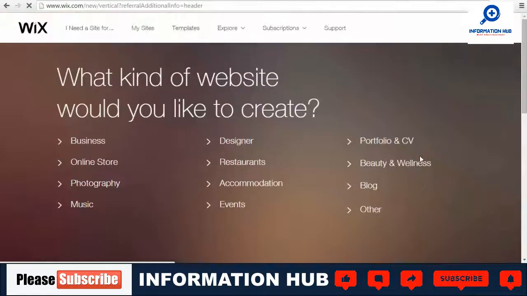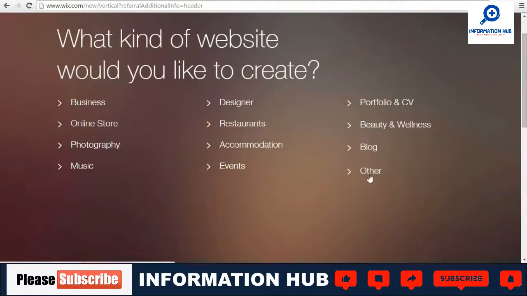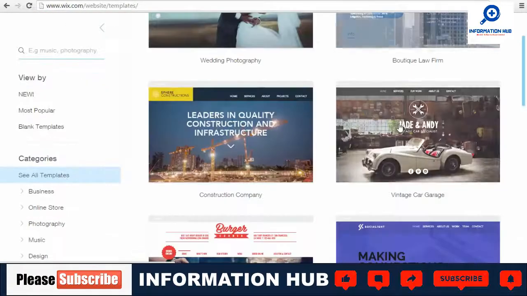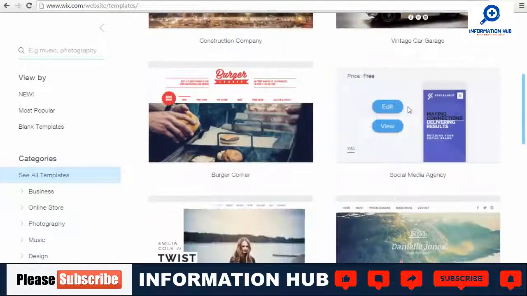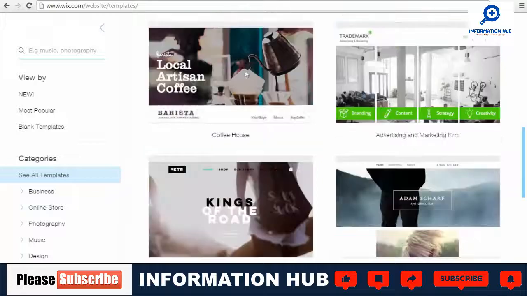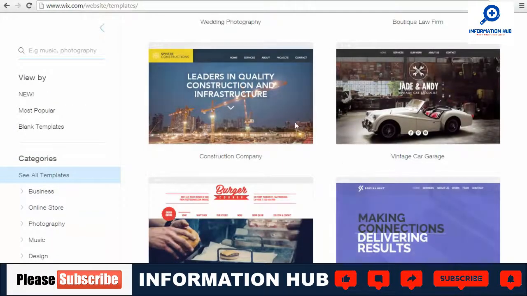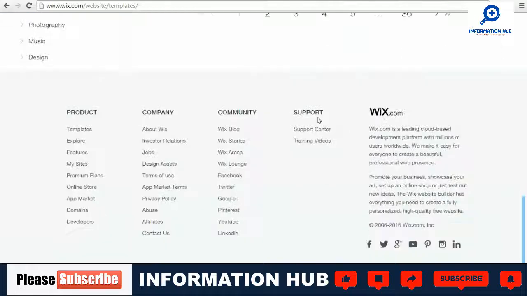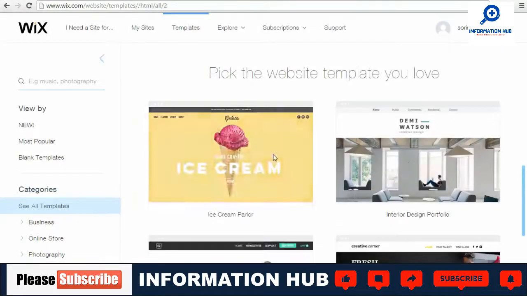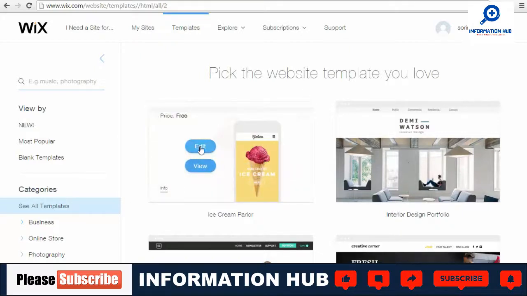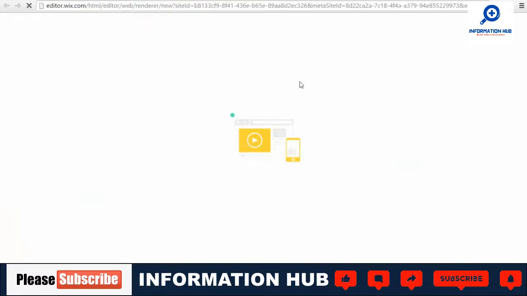We need something much simpler, because you only need one page, no more than that. Okay, guys, let's say not this one. Let's say we take this one, ice cream. It doesn't matter, we wait for the editor to load